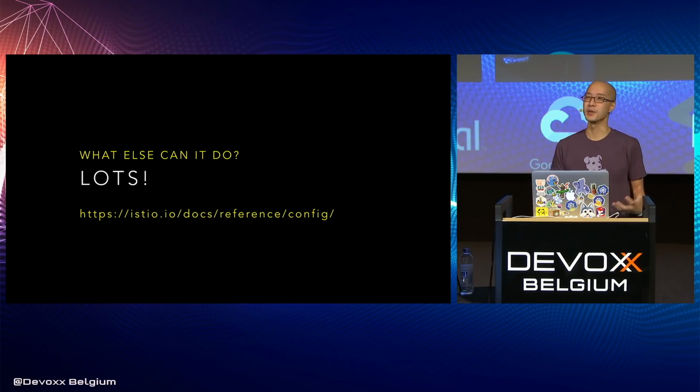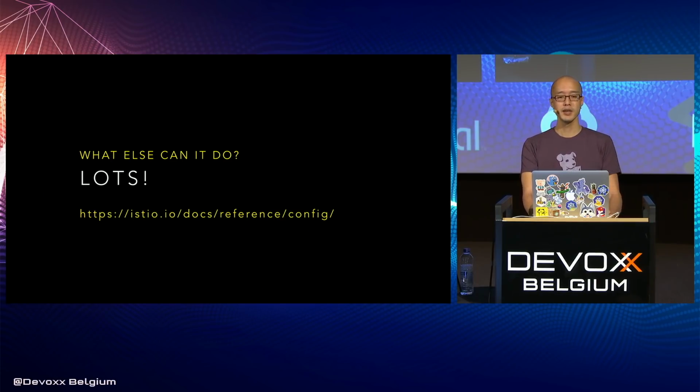Cool. So what else can Istio do? It can do a ton of stuff. There's a lot of really cool stuff that it can do around, again, timeouts and retries. So you can set timeouts per service and have it retry or retry different pods. You could have it route around things. You can have it return different results. You can do chaos engineering, which is really cool with Istio. You can have it automatically start to inject faults and see how your systems handle that. So there's a ton of stuff that it can do. There's a link to the documentation. As mentioned before, my goal in this really is to get you guys out there, encourage you to play with